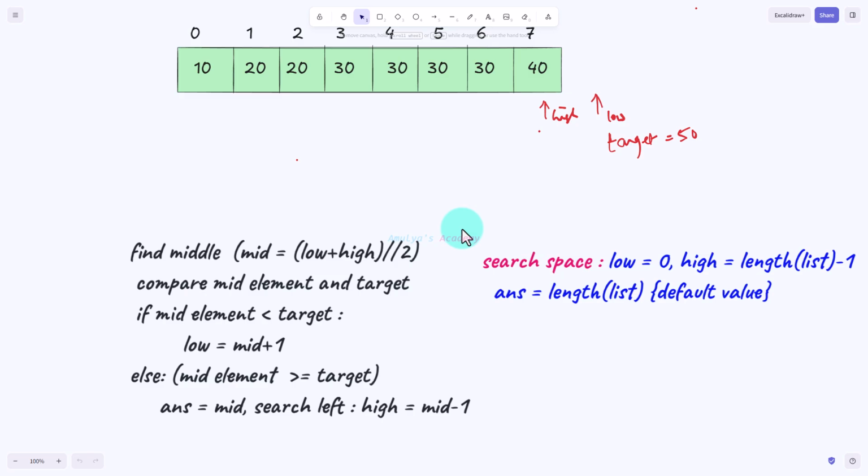If the target is greater than all the elements in the list, then the condition middle element is less than target will be true for every mid. In that case, the condition middle element is greater than or equal to target never becomes true. So answer equals mid is never executed. Without a default value, answer would remain undefined or incorrect. So by initializing answer equal to the length of the list, we correctly return the position after the last element,